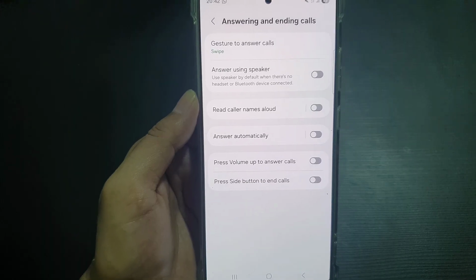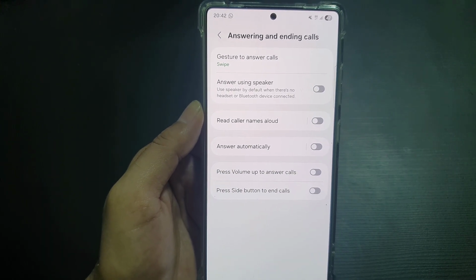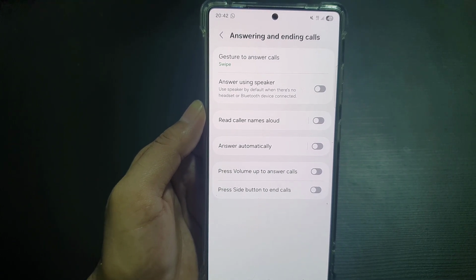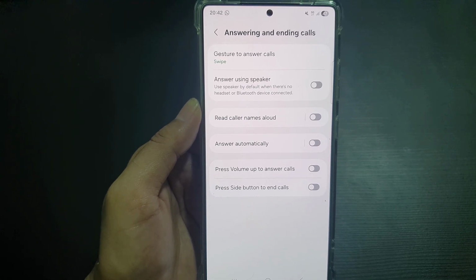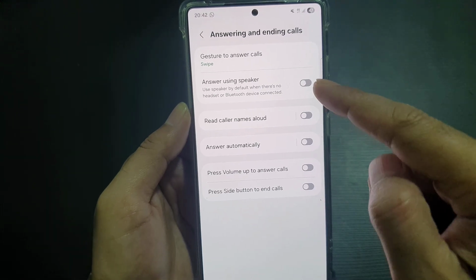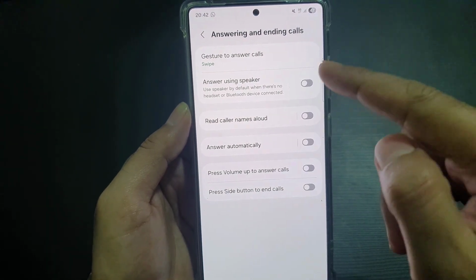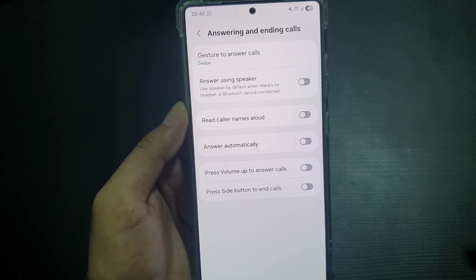So if you enable this one, that means when the call comes, it will automatically be on the speaker. So when you receive it, you will hear the voice through the speaker. So if it is enabled and you want to disable it, just like that, tap on it and it will